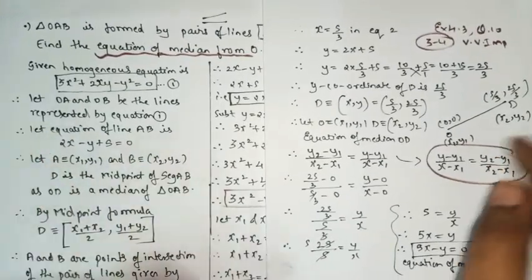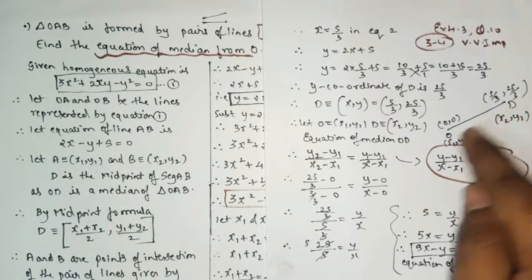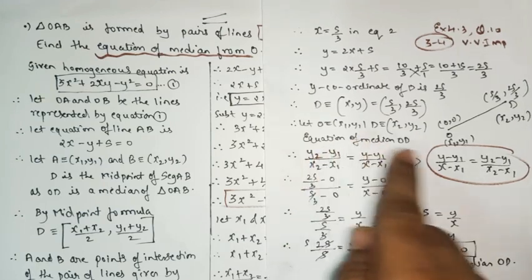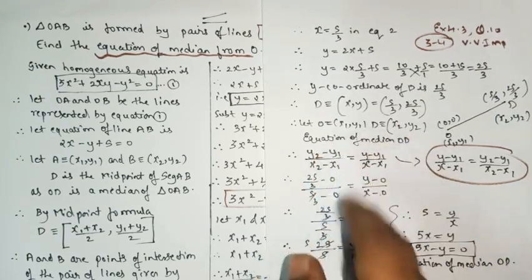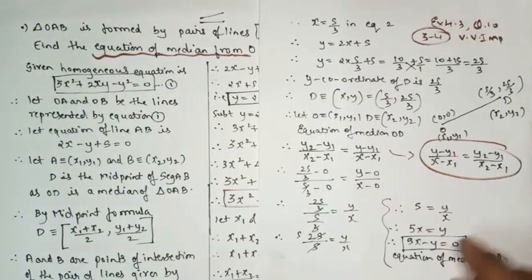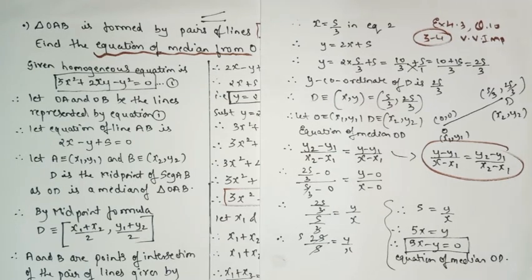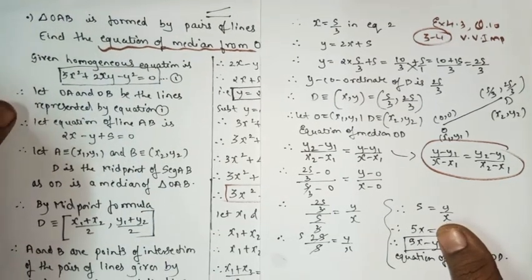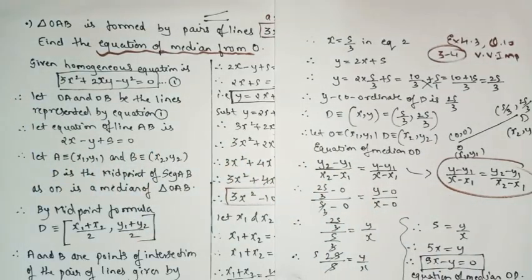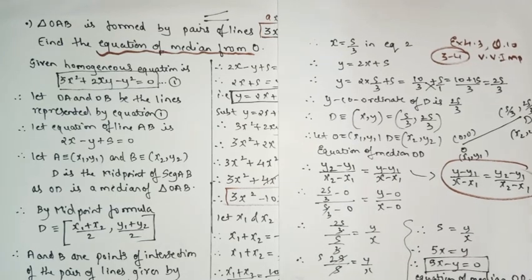And the last step is what? We have to find the equation of OD. Apply the two-point form. You can write the two-point form in this form, yeah, in this form also. Substitute the values, you will get the answer 5x minus y equals 0. So this is known as the required equation of median. So in this way you have to present this sum, and the same type of sum is there in exercise number 4.3, that is question number 10. So please try that sum by yourself. This sum from exercise number 4.3 is a very important sum. Once again, I'm saying the weightage of the sum is 3 to 4 marks. Okay.